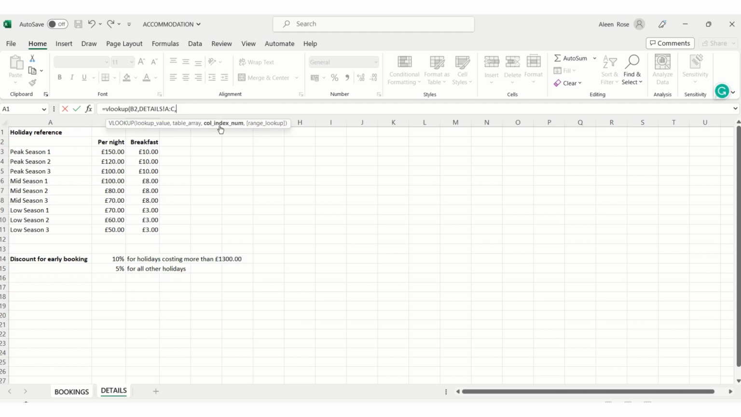Now, column index number. What value are we looking for in the table? We are looking for the value cost per night for each season. So we need these values, right? So this is the second column in the index. A is the first and this is the second. So you type 2, now comma,